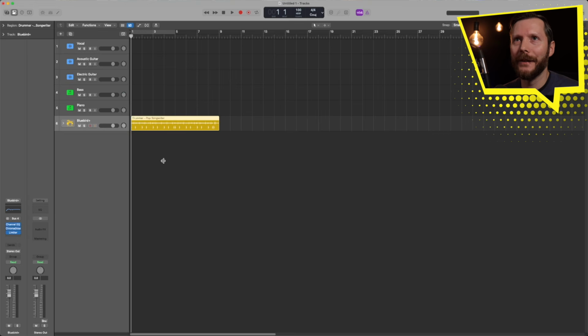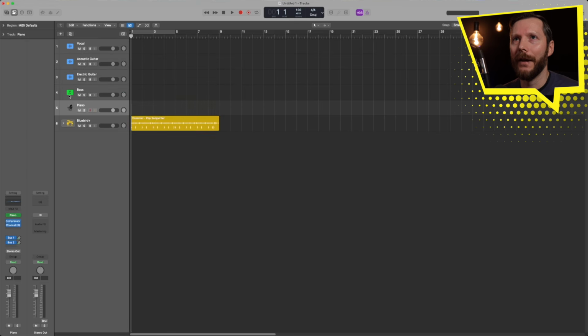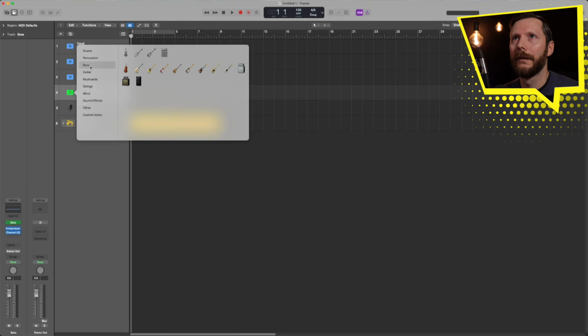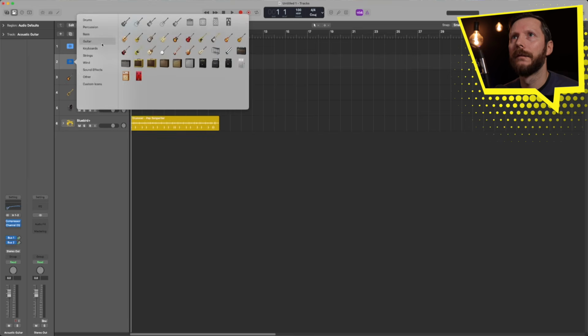If we wanted to pretty this up a little bit, we could change the icons just to make everything a bit more visually appealing. So on the piano right here, we could simply right click, and we can go up to keyboards, select our grand piano, and similarly with bass, just right click, bass, and electric guitar will do the same, acoustic guitar, and